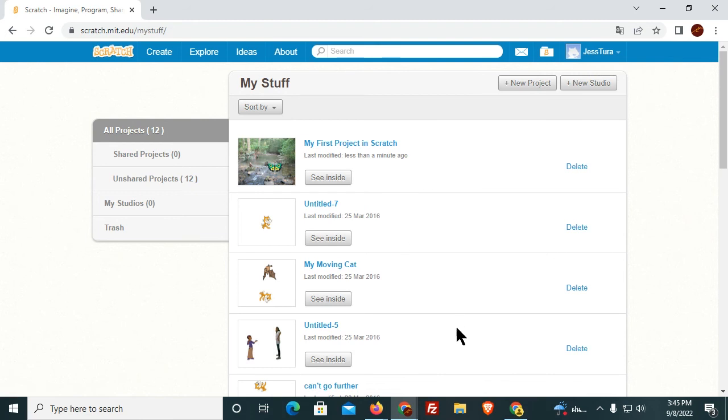As you notice, none of these are published yet. It means I haven't shared any project. See here, shared project 0. If the project is shared, it means anyone can see it, and you can also post it in your Google site. So let's do that. So this is the project that I want to make published. So I will click see inside,